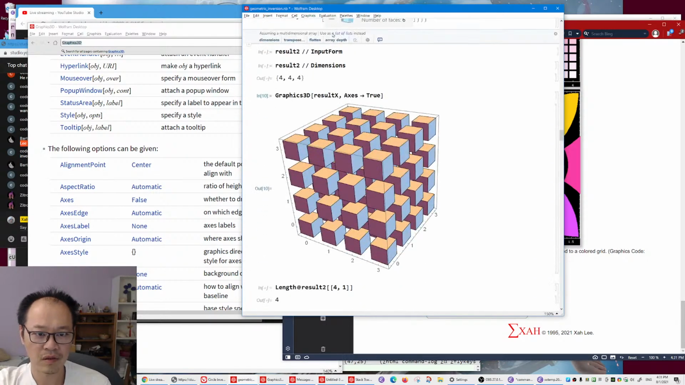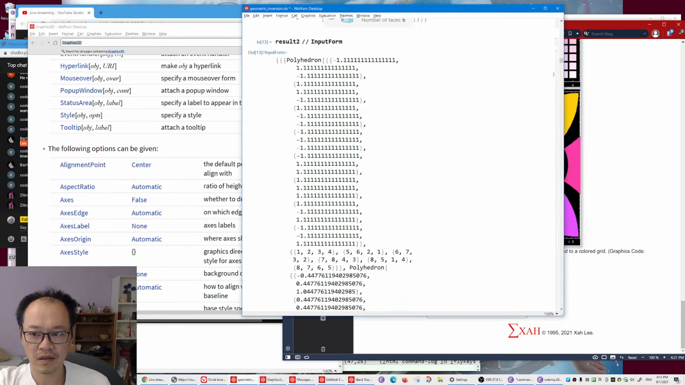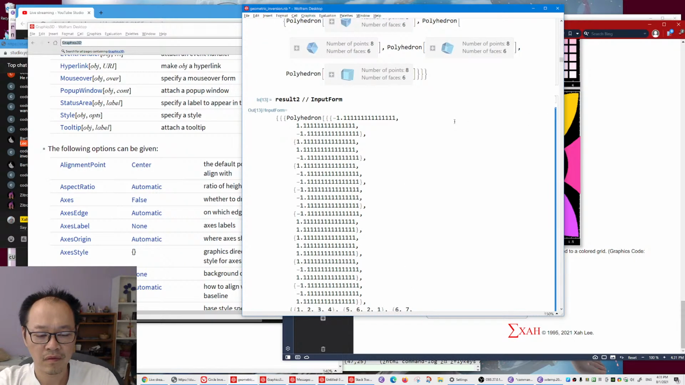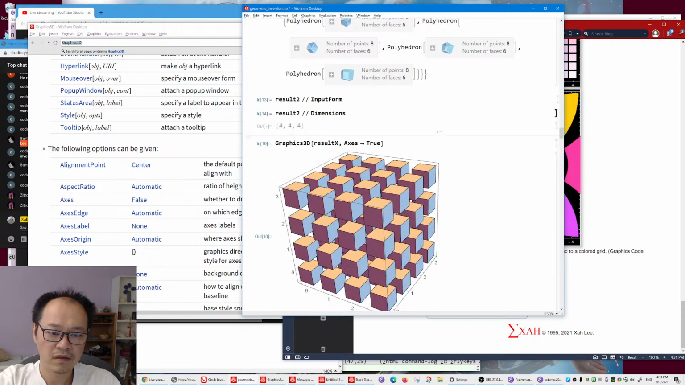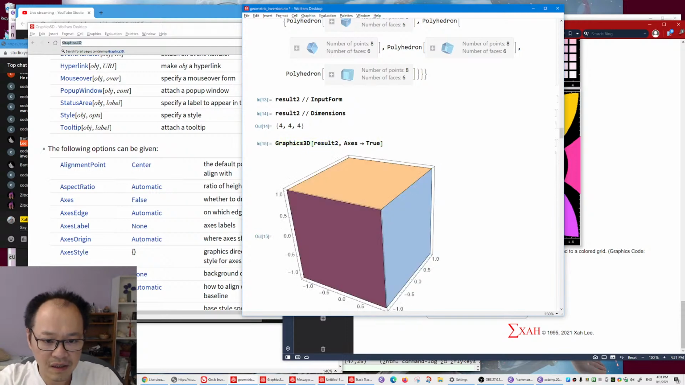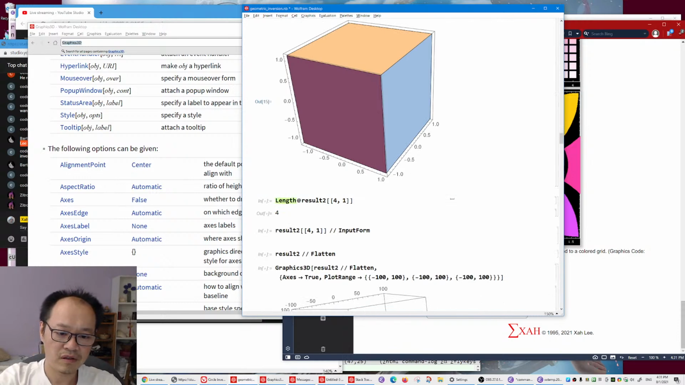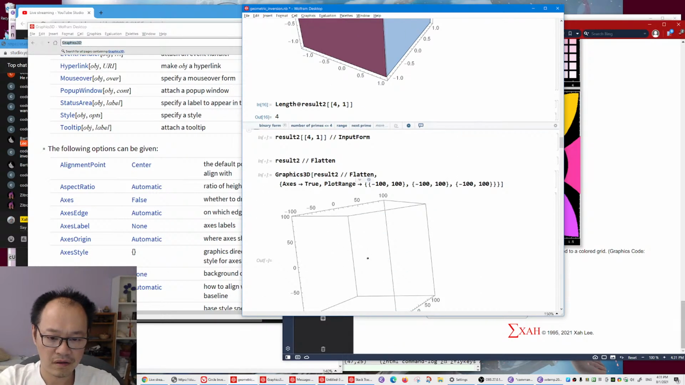That's result 2. Then show the input form. That's good. This is too long. Then show the dimension. That's good. Result 2, show it. Got same problem. But now if we show part of it,